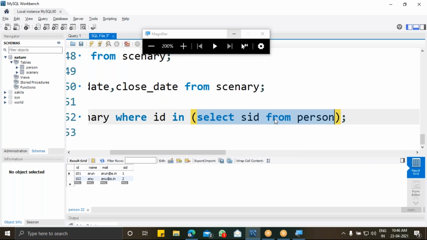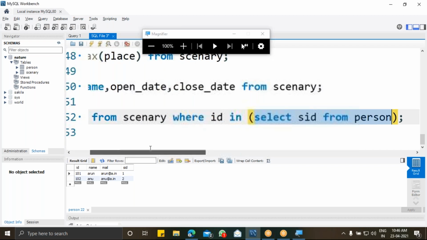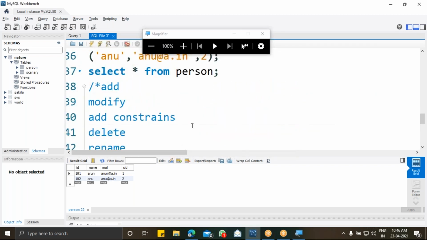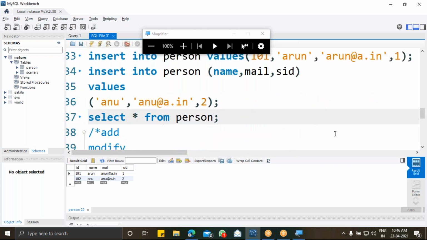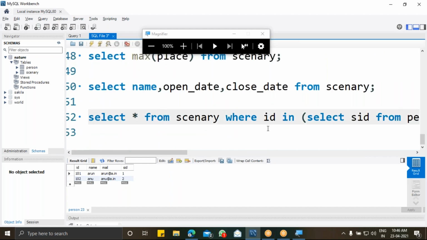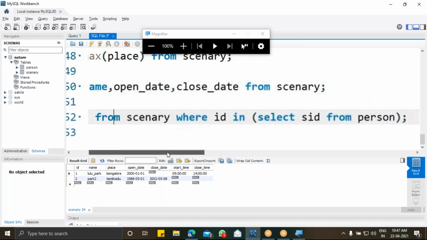Is it clear, guys? Guys, can you able to understand what I'm telling? Only the sceneries that have been visited by persons are displayed here. So this is one way of querying.